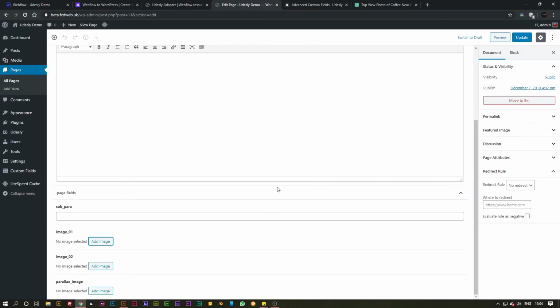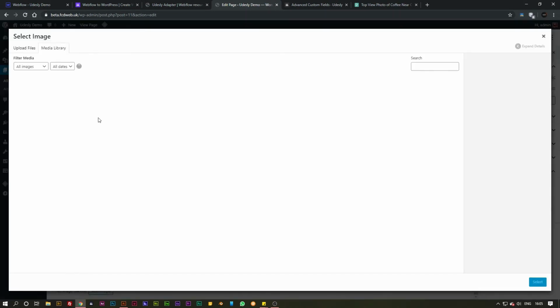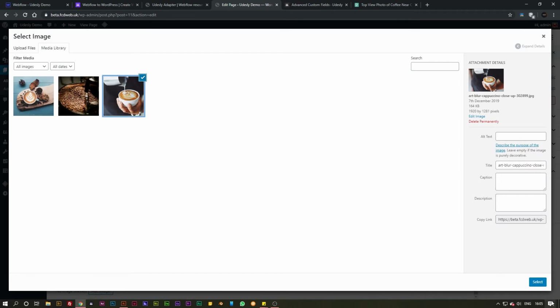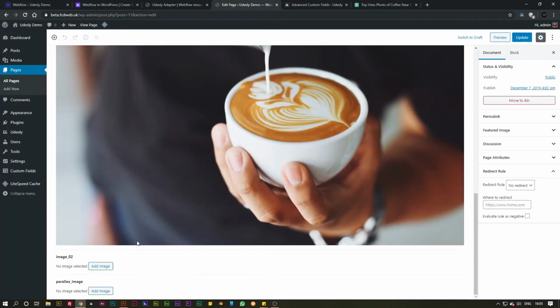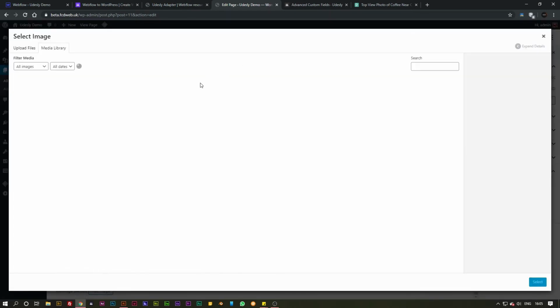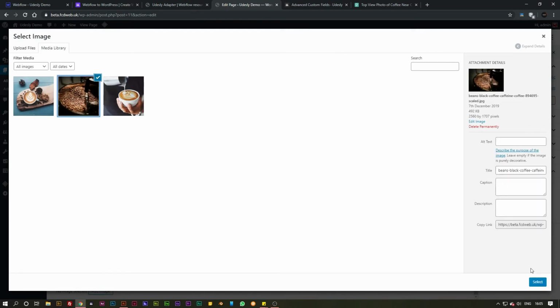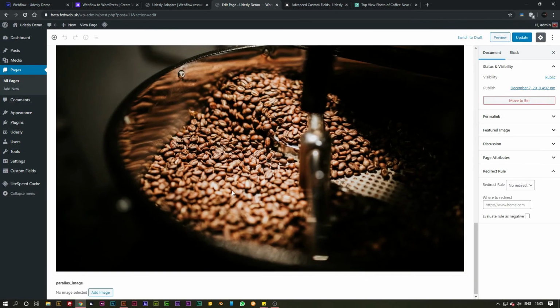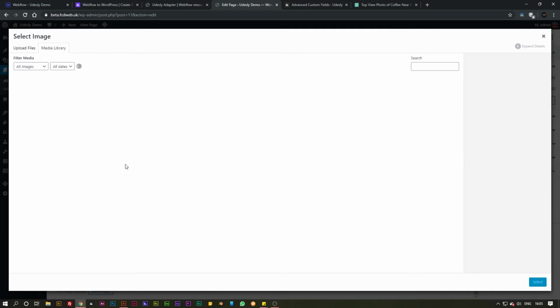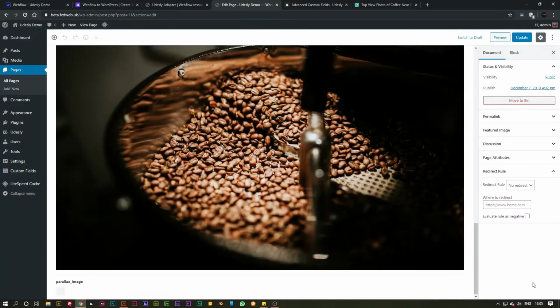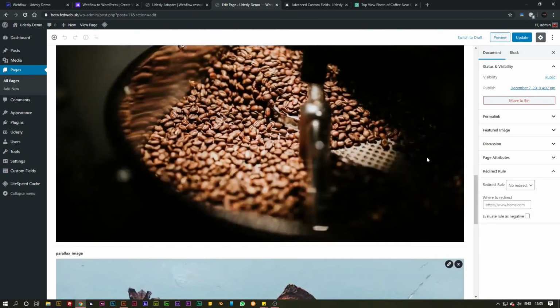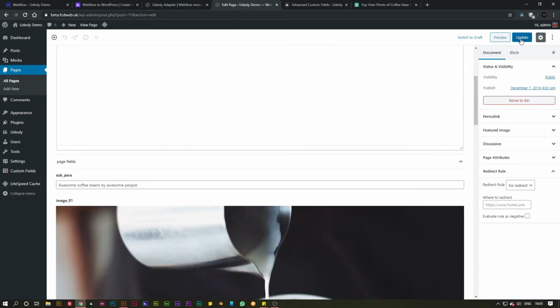like so. So if we type in our paragraph area here like so, and then we can add some images inside of there. So I'm going to pick from some of them that I have already uploaded, so I'm going to pick that one there, scroll down and select on image 2, and we're going to pick that one there for that one, and then scroll down for our last image, which is this one here, and I'm going to select that one like so. So we've got 3 images, and we can hit update on that like so,